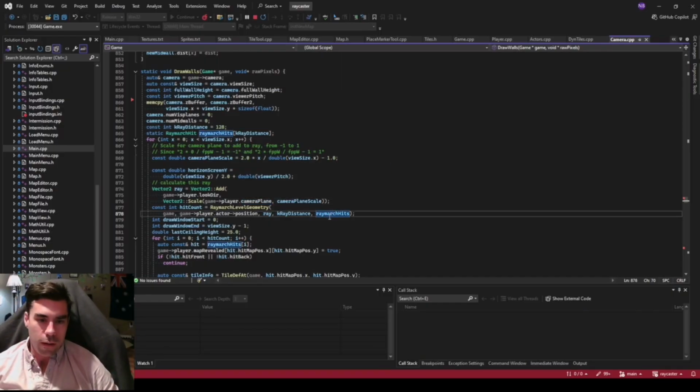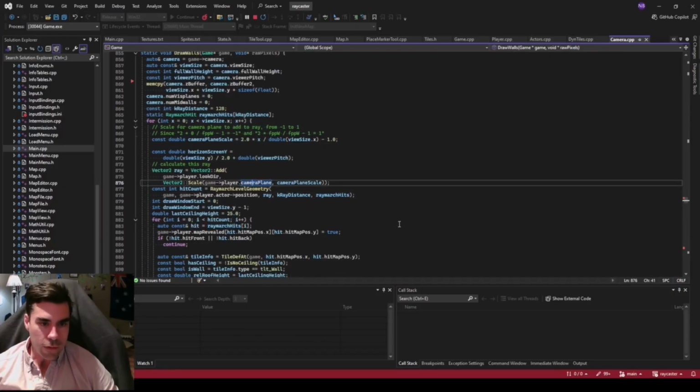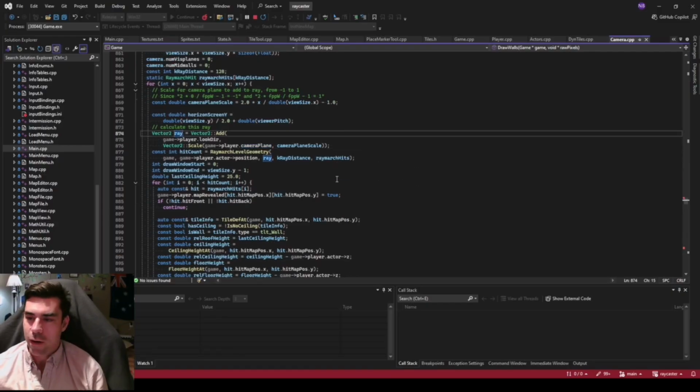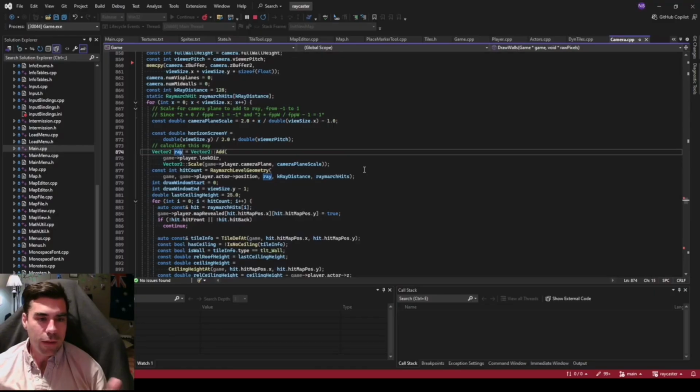So yeah, we've got this plane that represents the camera. So now we know we want to look at the stuff that's in front of that. And we just send rays out from where the player is based on that camera plane. Oh yeah, actually this is right here in the code. You can see, right? That's what I was pointing to. Ray is equal to player look direction, and then we